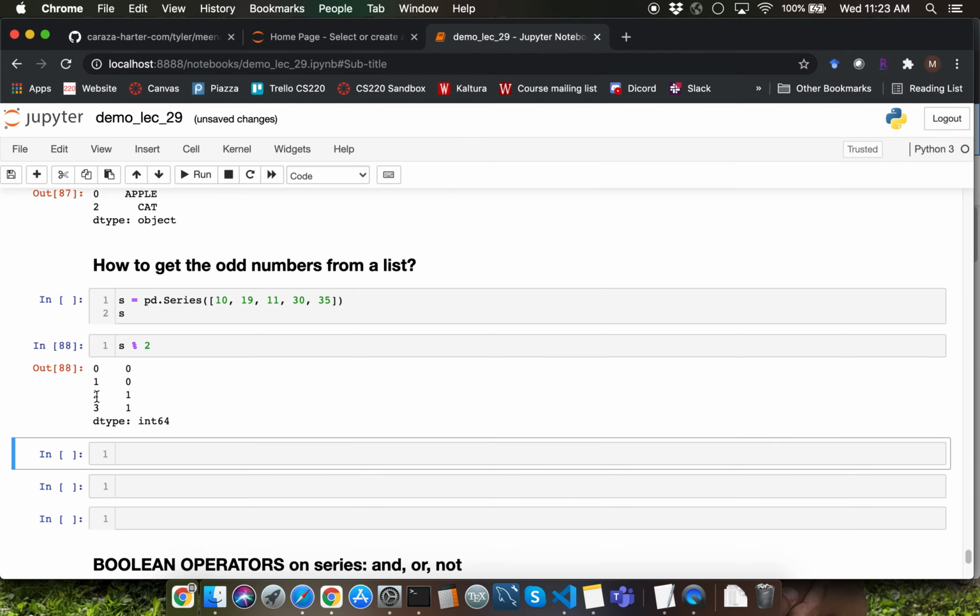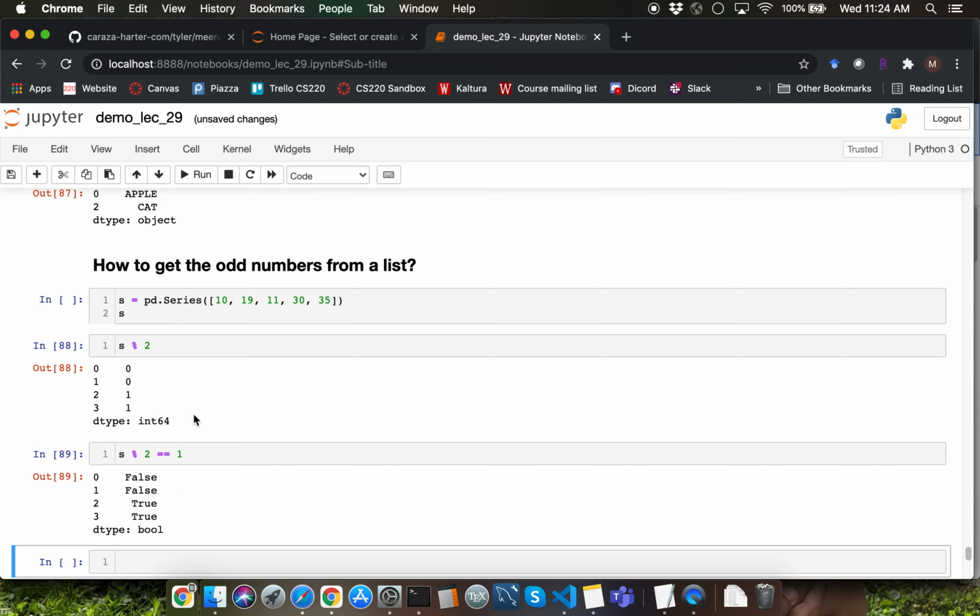That's going to retrieve the values which are the result of the modulo operator when we apply mod operator element wise between S and the scalar 2 here. So I can check S mod 2 equal to 1. That's going to give me a Boolean series. You're going to get trues only for the items which have odd values.